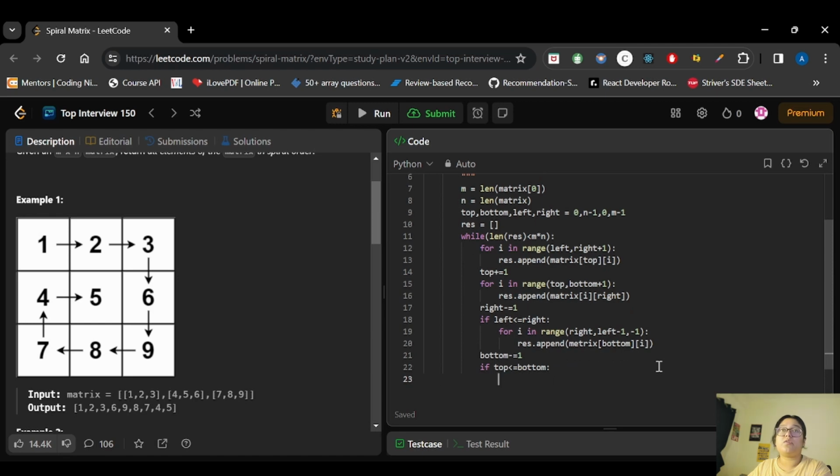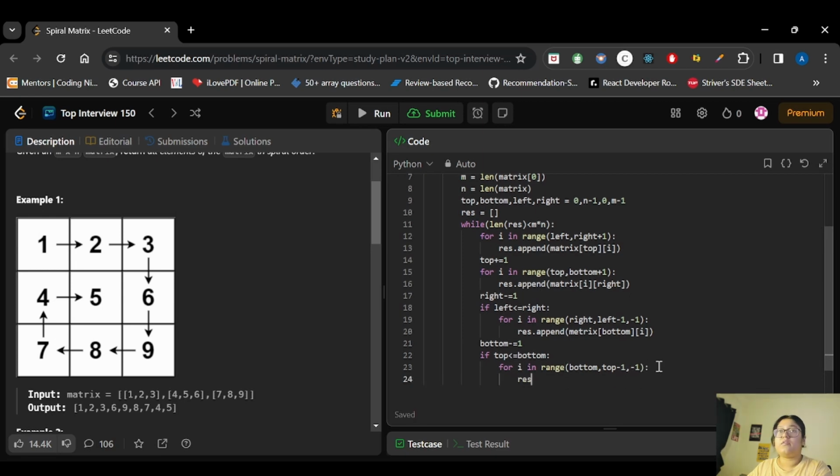Then what we will do? We will check for i in range of, we will start from bottom and go till top, minus 1, and res.append. Now what is happening here? This column number is the same and only the row is changing, right?